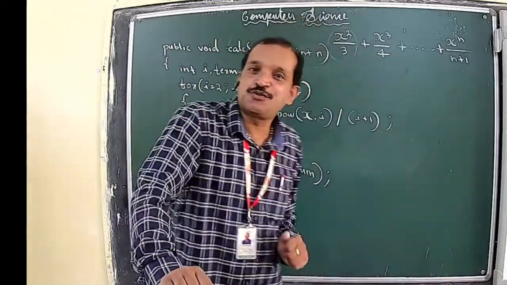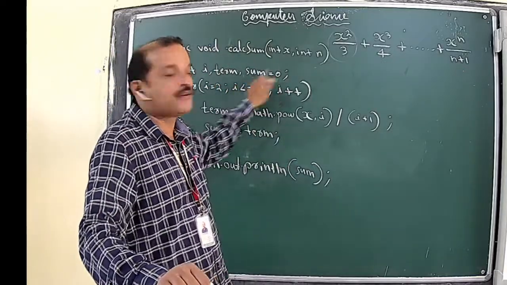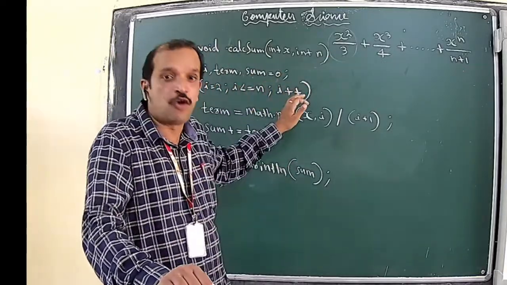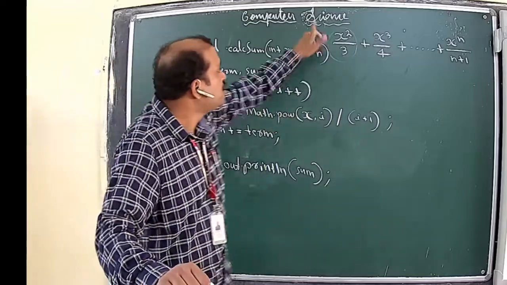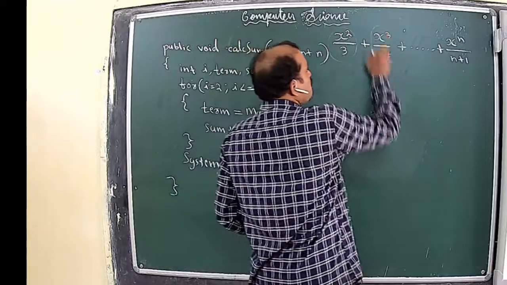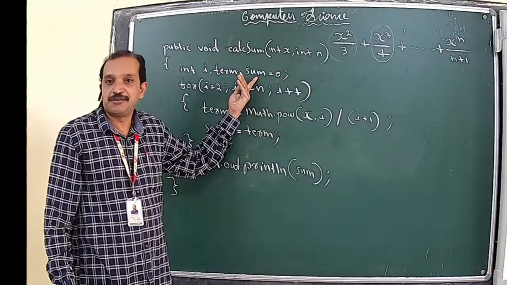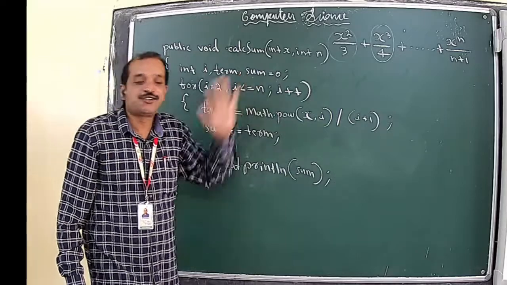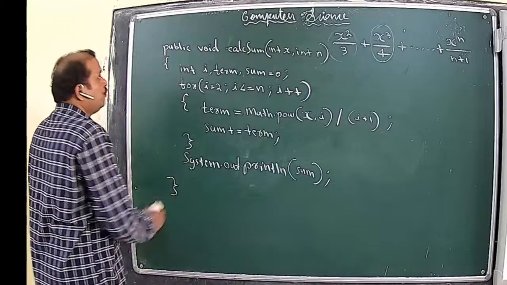And the main idea for this series calculation is, first of all, create a value for sum if the operation that is involved, and definitely create another variable called a term in which you will be calculating the values of each term separately and added to another variable. So that is the idea behind it. So that was your second homework. I hope it is clear to you.